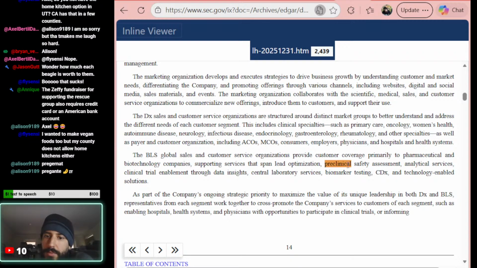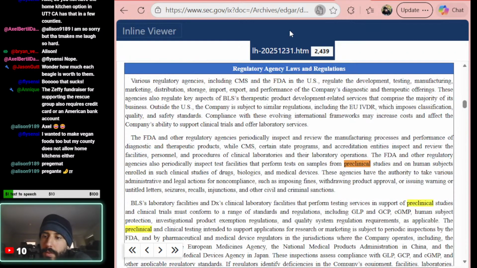Preclinical safety assessment. Tests on samples from preclinical studies. Perform testing services in support of preclinical studies. The preclinical and clinical testing.